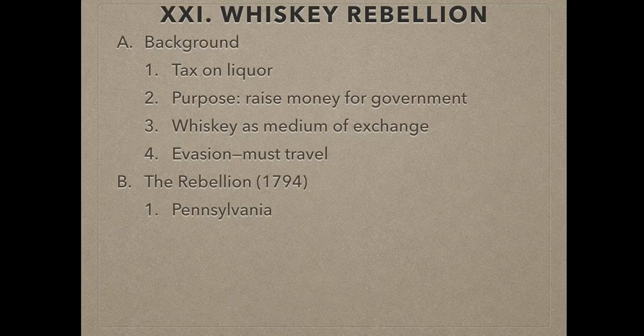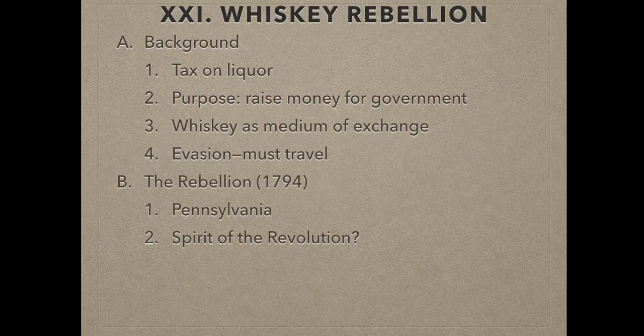no longer acceptable because there's now an acceptable way to show your discontent, and that is to vote your representatives out of office, right? And that had not been an option under a monarchy, even a constitutional monarchy, which is what the colonists were under when they were colonists of Great Britain. The idea was, now we're the United States and you can no longer express your grievances by doing that. And so it's the same thing with the Whiskey Rebellion. And these protesters believe that they're doing the same thing. They are protesting in the same spirit of the American Revolution.